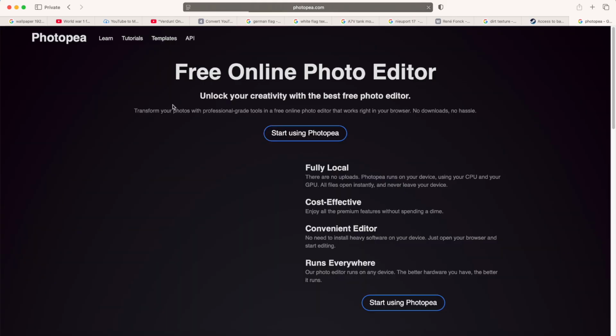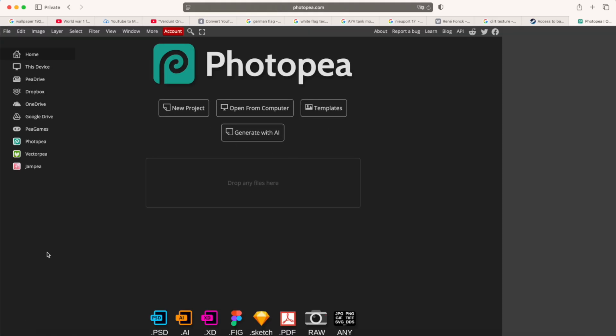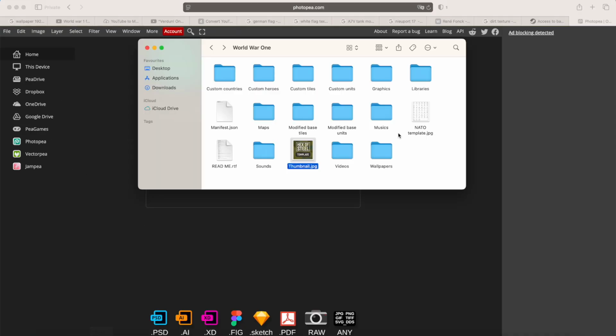Yeah, I can open this. This is basically a free version of Photoshop. This is what I'm going to recommend to anyone modding the game on mobile, because this is going to be the best tool you're going to get. Okay, so we're going to open the thumbnail in here,